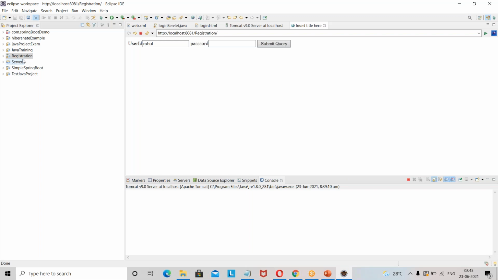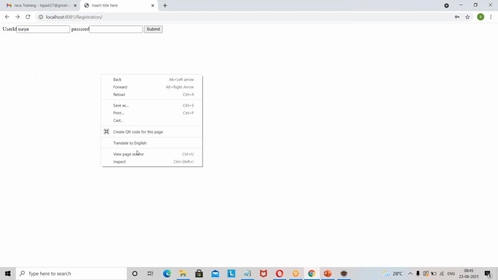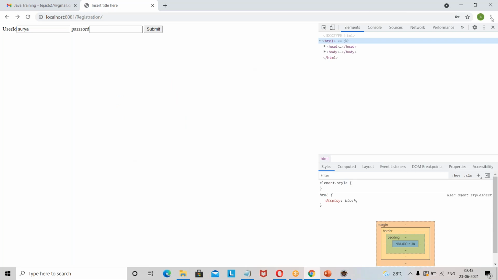Are you asking about the HTMLs or JS files? Can you do one thing? You have Google Chrome right now, right? Can you open it once? Can you open the developer tools?